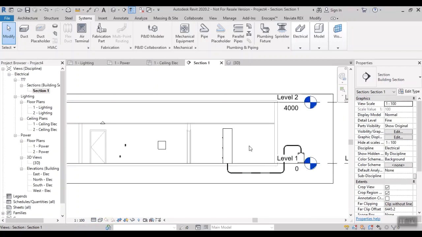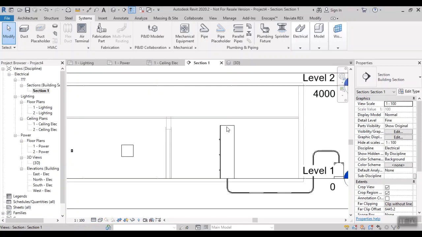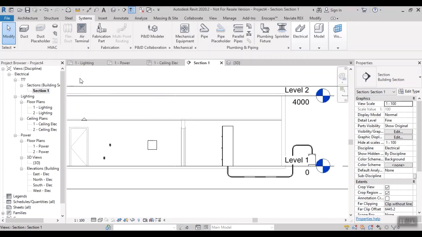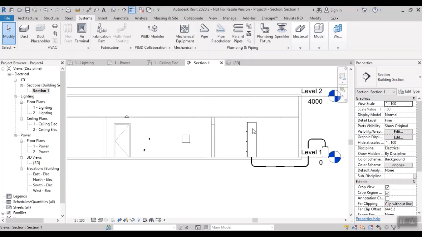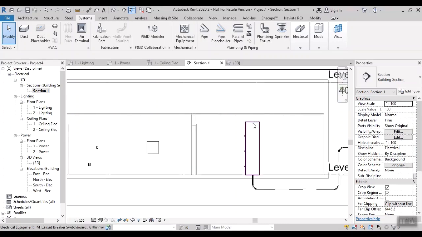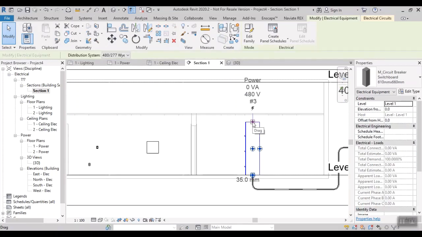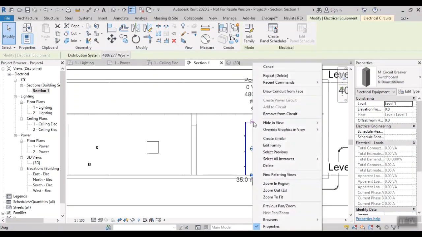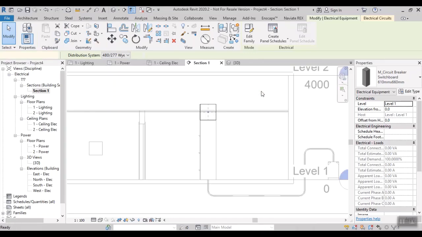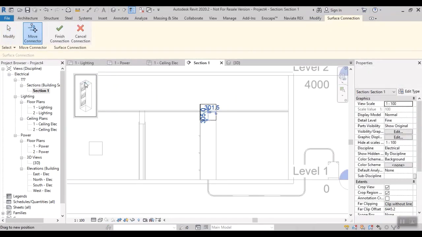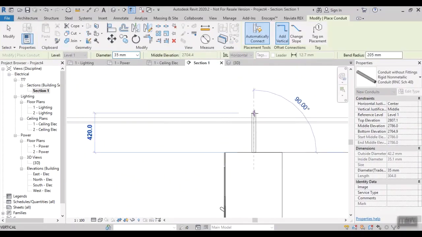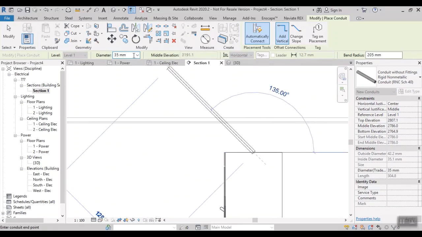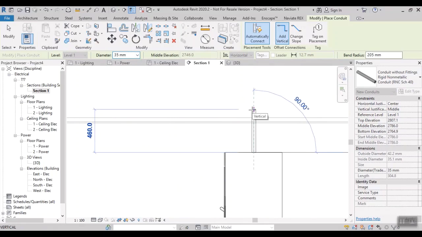Okay. So next step is we have to connect the circuit breaker to a panel board. Same section view I'm using, and I'm increasing the view range a little bit. So you have to connect the circuit breaker to the panel board. Select the circuit breaker, just hold on the dot, right click, we have the option draw conduit from face. It's showing whether it is the correct face or not. It's showing the face and give finish and just draw the conduit. If it is the same diameter, it's not a problem, otherwise we have to change the diameter also. Okay, and then draw a conduit.